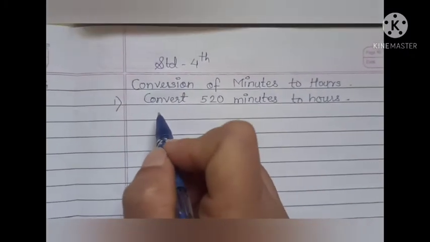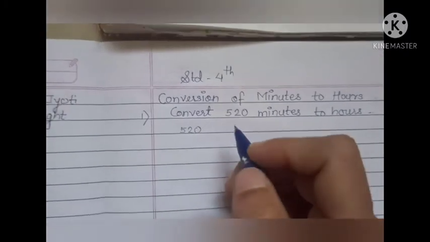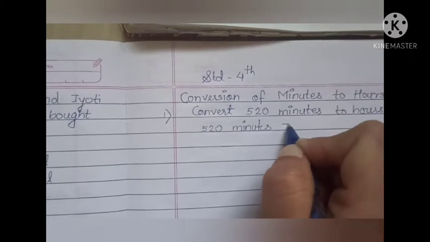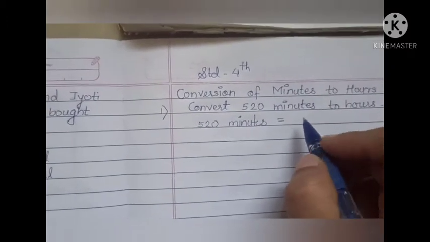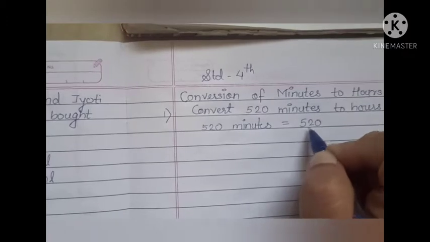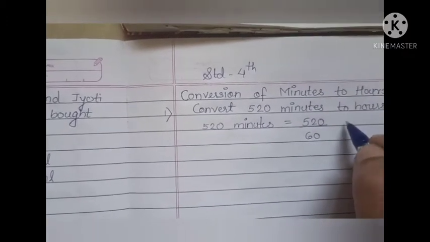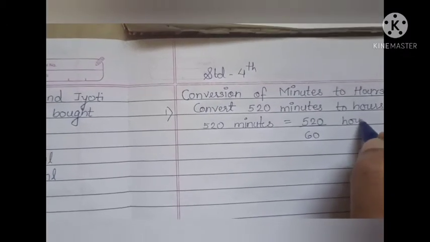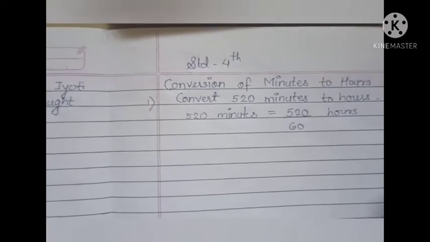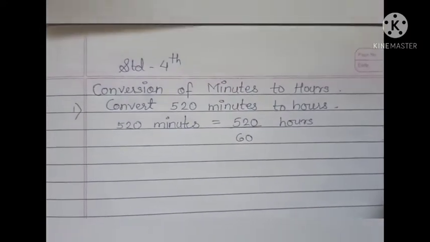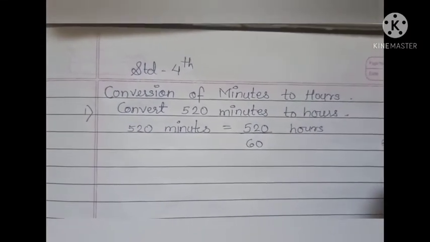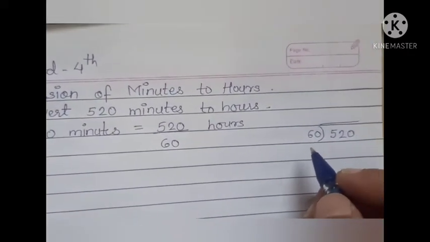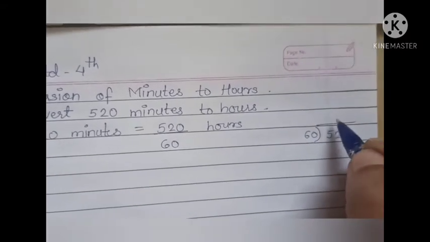So let us solve it. 520 minutes is equal to, so 520 will be divided by 60 to get them converted into hours, right? So now let us solve it here. 520 divided by 60. So see here, when it comes to 60, 8 sixes are